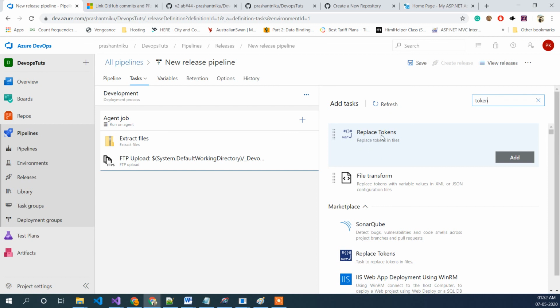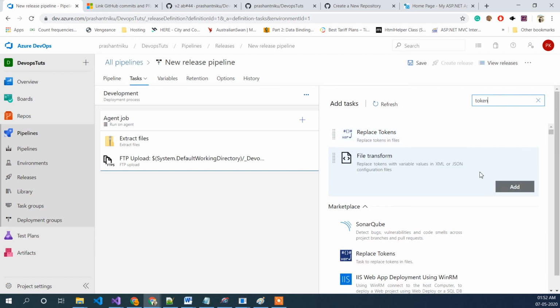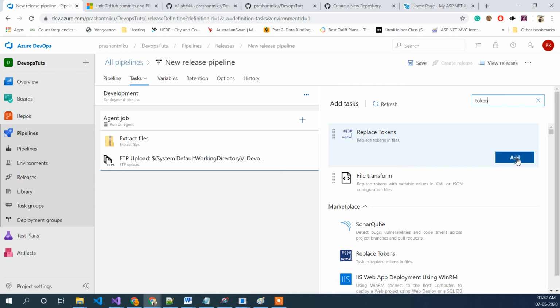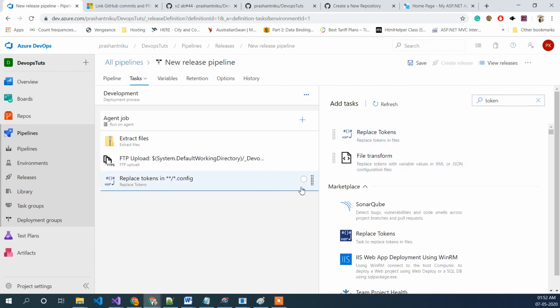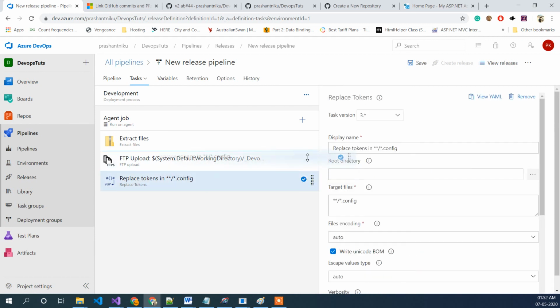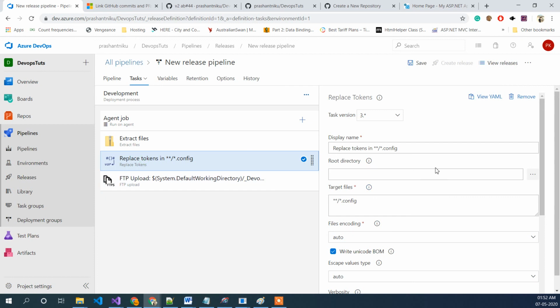So the whole idea is we want to add it. Let's just click on add, and because we need to replace it before the FTP action, let me just drag it above here. Again we are going to see the same thing, but the only difference is it will ask for the root directory.